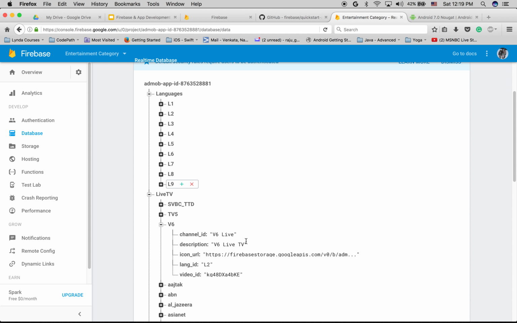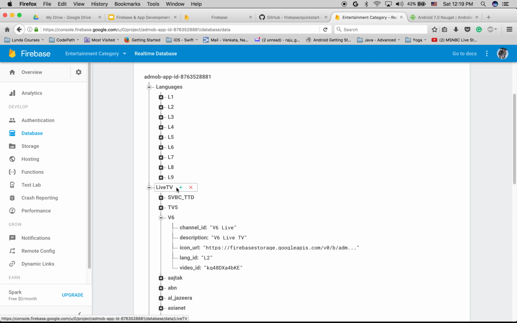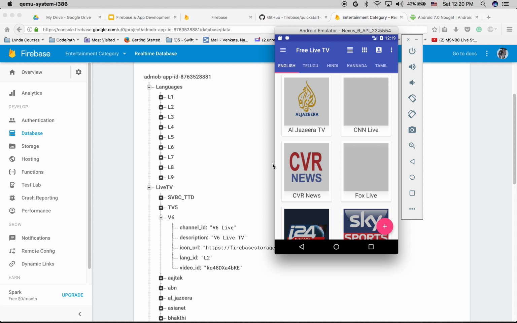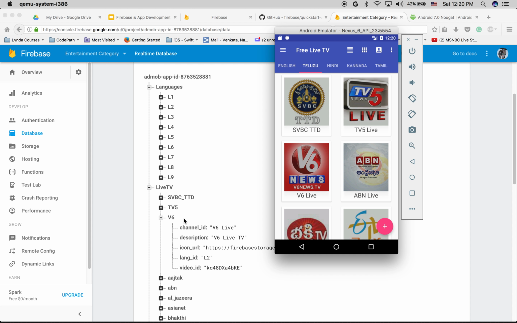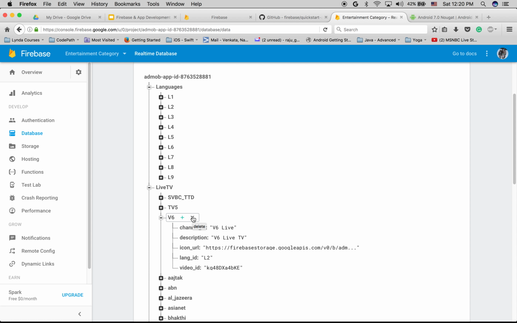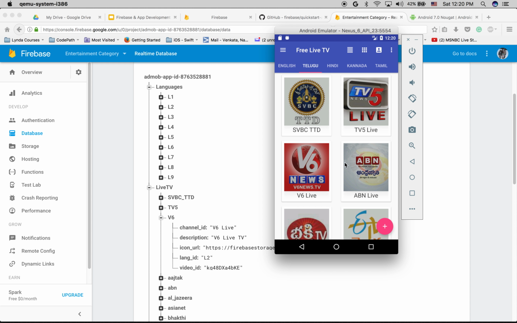And tomorrow I want to go ahead and add a new channel here. So I come here and add a new entry. The beauty is, as soon as I add a new entry, right away it's going to show up here. I don't need to make any line of code change. Say I came to know that a certain TV channel is not working. I want to disable it or remove it from my list. So I just come here and delete this TV channel, and right away it's going to update my list here. That is the beauty of the real-time database, because any change happens here, Firebase is going to take care of synchronizing all the data in real time.